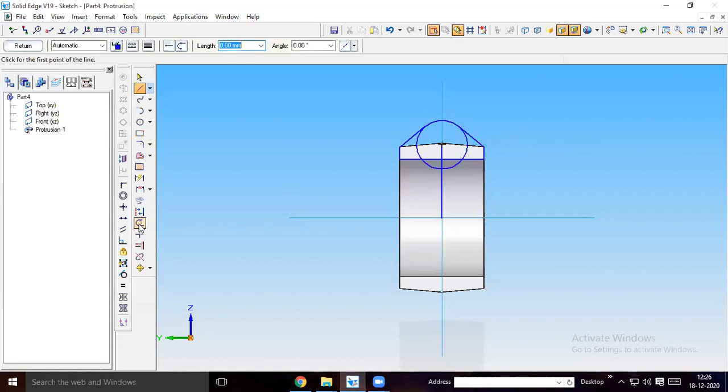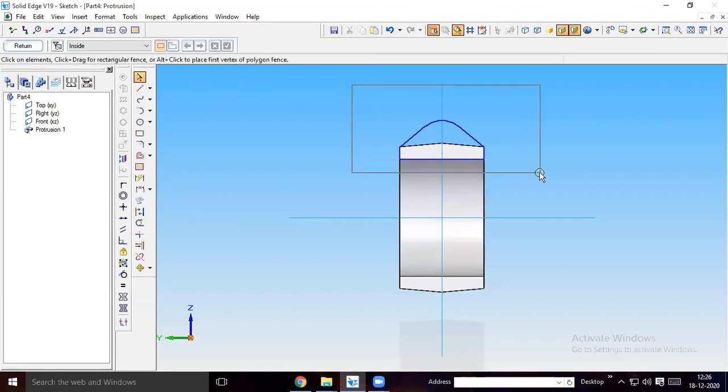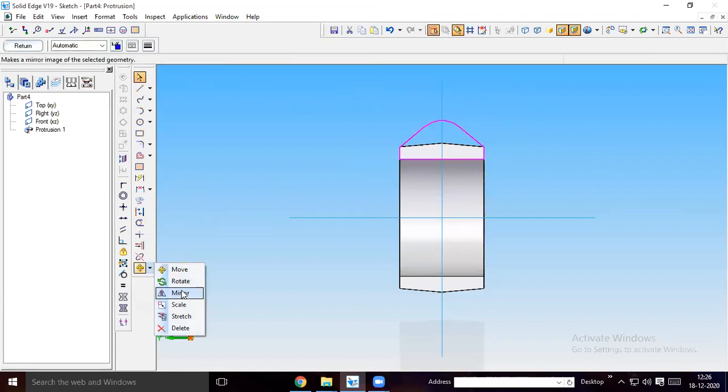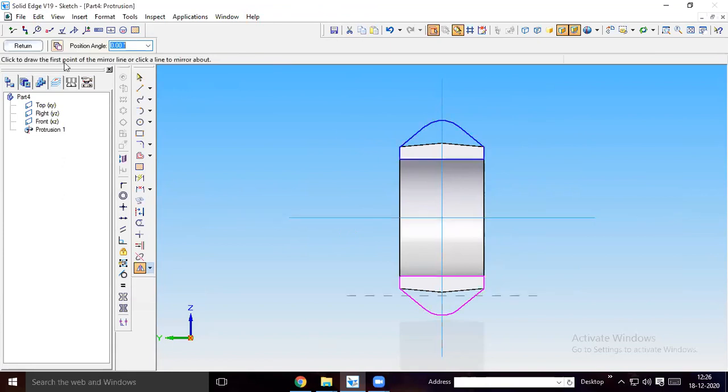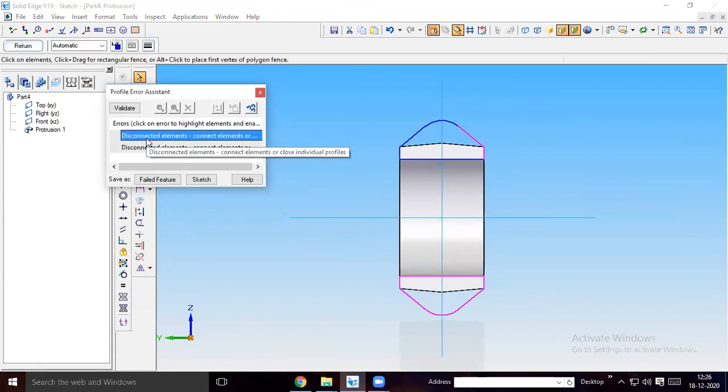So then trim the unwanted line. Okay, this is the profile that you require. Okay, the same profile you can mirror to the bottom side. Then say return.